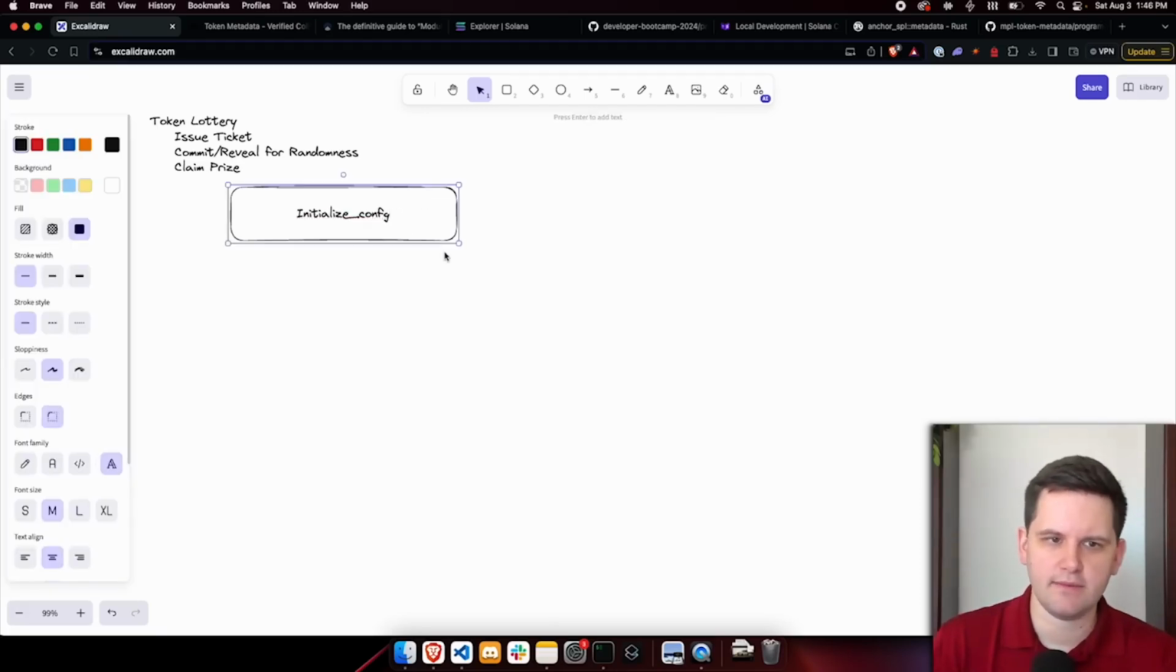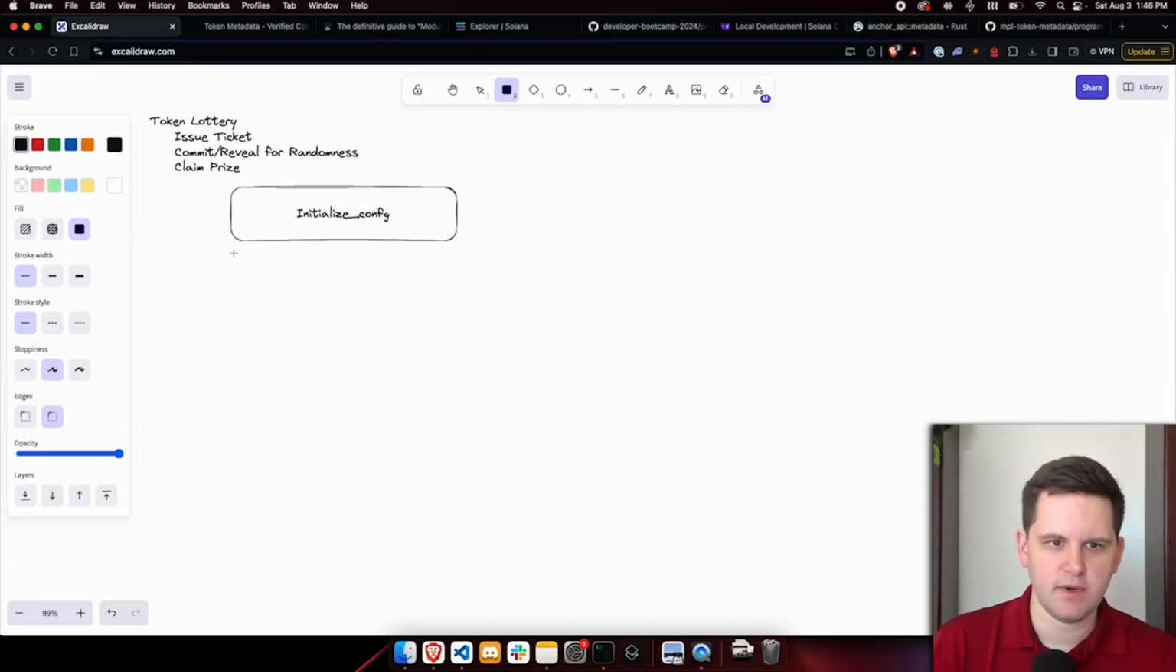So that will build everything that we need for that lottery. The next thing that we might need is an initialize lottery instruction, so that we can create all the different pieces for creating our collection, being able to issue tickets later, etc. Because we want to make sure that we initialize the lottery collection first before we can allow people to buy